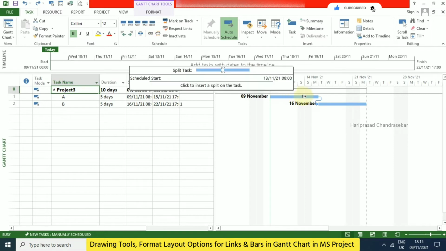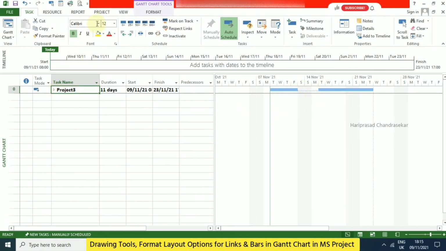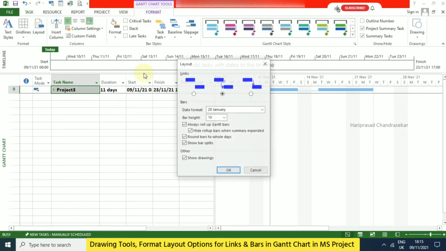Then you can click somewhere and we can see the split in between the task. We can see the dotted blue line. It is not the whole bar; it will have dotted lines. When you collapse it, you can see the split in the summary task also. That is what we have in the Format Layout.